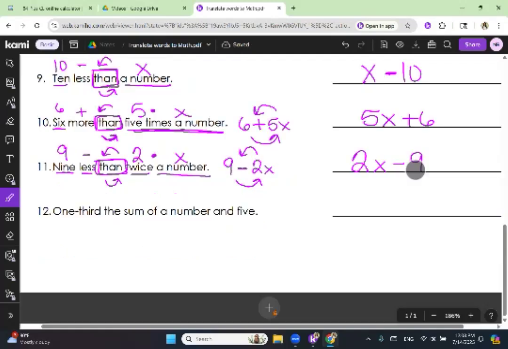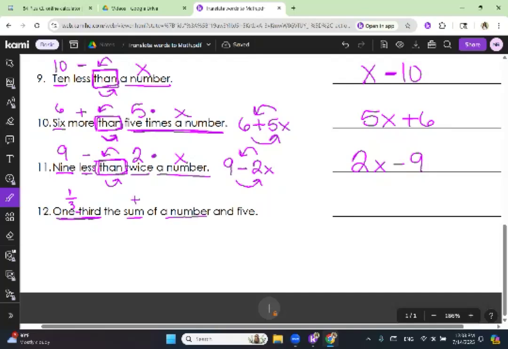And last, one-third. Anytime you have a number that's hyphenated, that automatically indicates a fraction. So one-third, three-fourths, four-fifths. Any two numbers that are hyphenated, if you see that little line, that's called a hyphen, that automatically means fraction. Anyway, sum